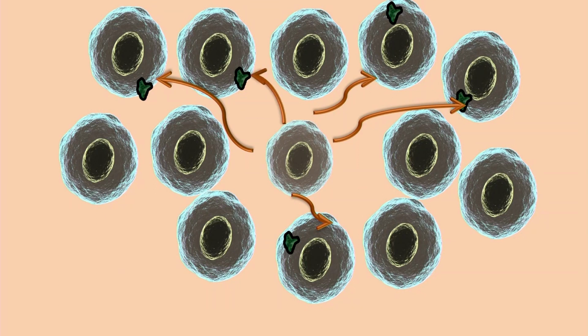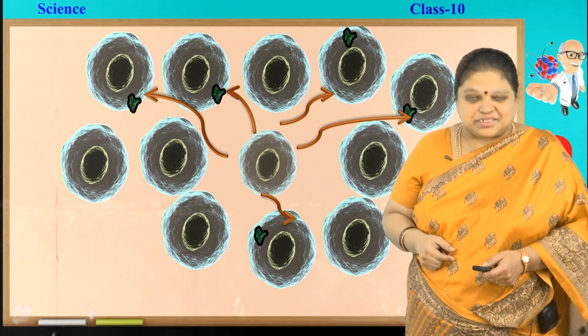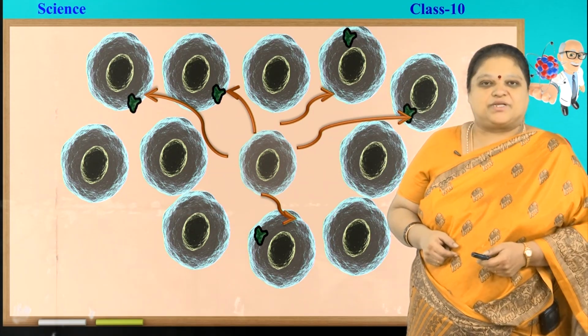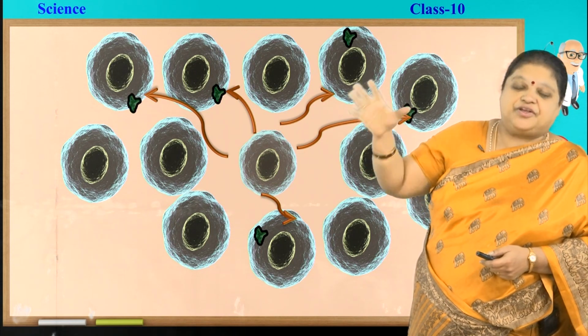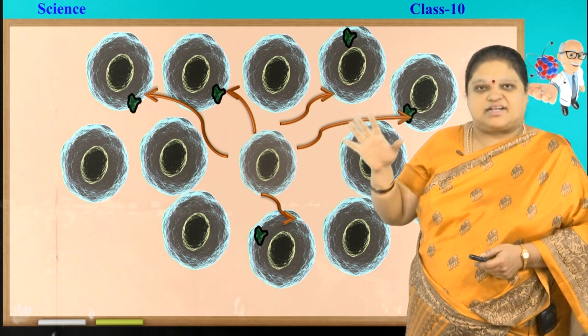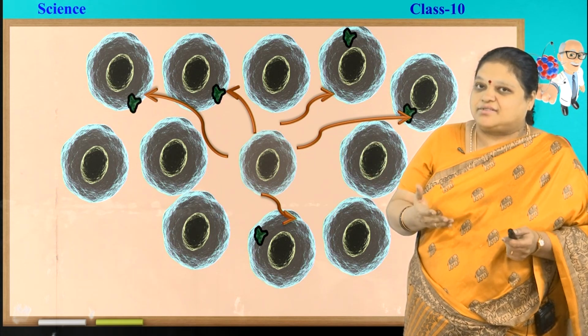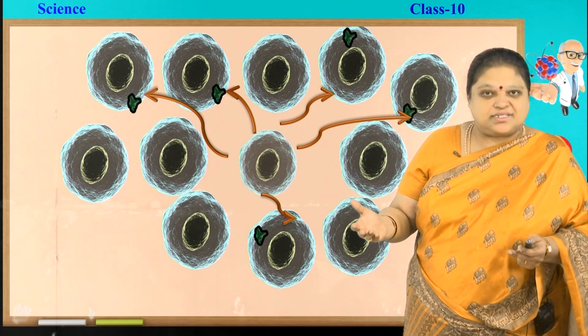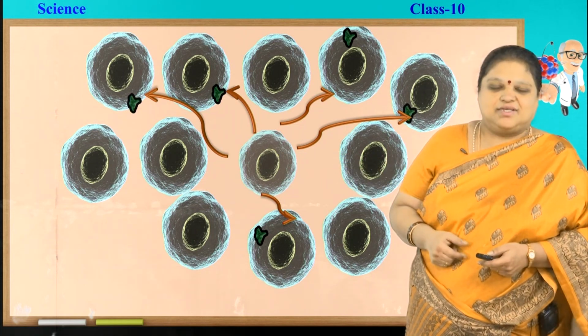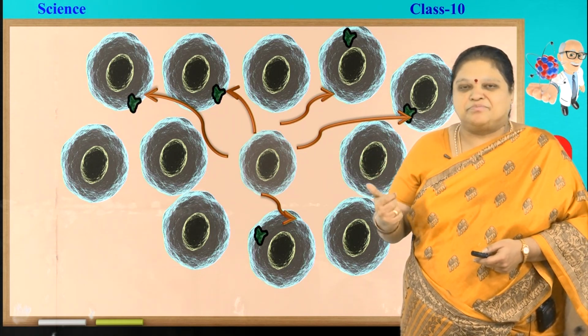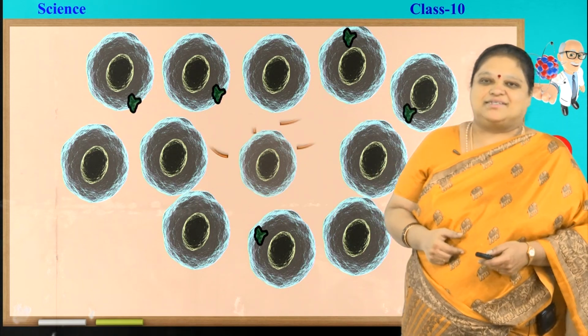So which one will not receive? Those which do not have those proteins will not receive. And here there is one more speciality. These chemical impulses are sent continuously, non-stop. Whereas in animals, they cannot send the impulse continuously, they have to reset themselves. Here it is not the case. So you understood how chemical impulses are sent in plants.